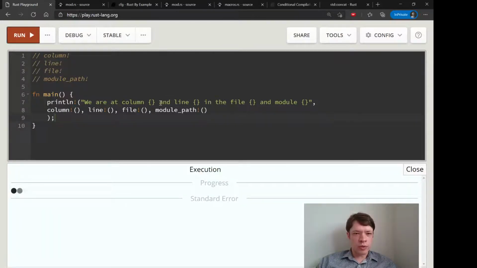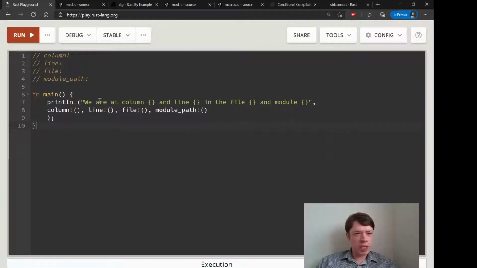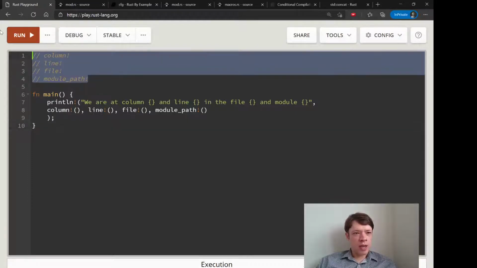And then it's just going to slip it into there. And so column 5, 1, 2, 3, 4, 5, right there. Line 8, there's line 8 in the file. Source main.rs and module playground, and you can see right there, there's the playground there. So target debug playground. So it's giving us all the information to find that, and that's actually what the debug